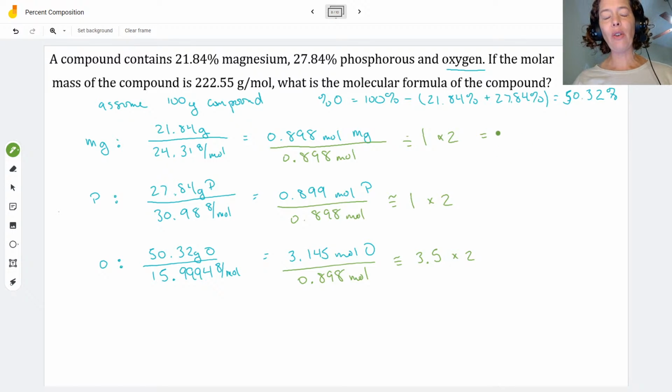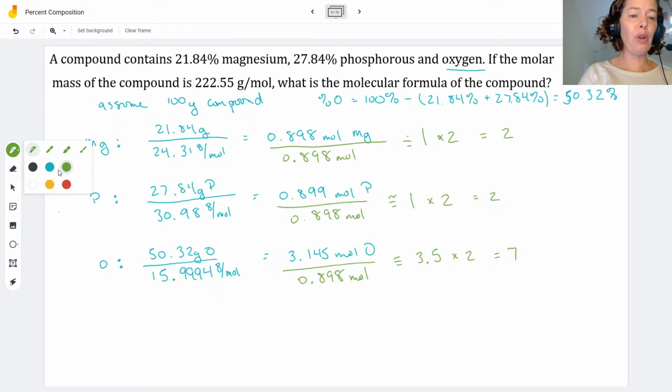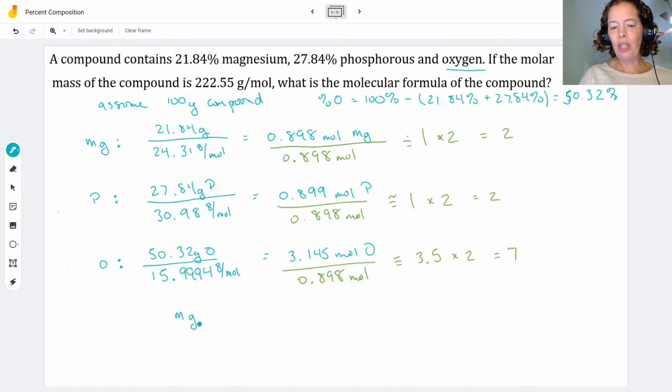So we have a final ratio for our empirical formula of 2, 2, and 7. So our empirical formula is Mg2P2O7. So now we need to figure out what the molecular formula is. So we need to do our ratio. So we need to find out our molar mass of our empirical formula. So our molar mass of our empirical formula, if you calculate it, you get